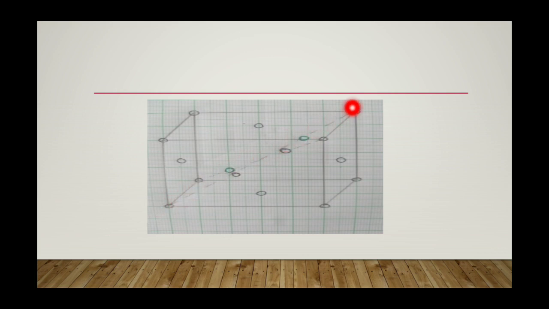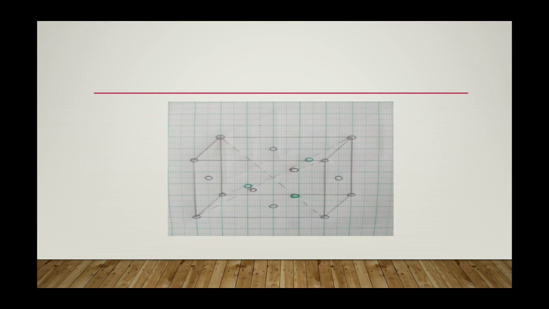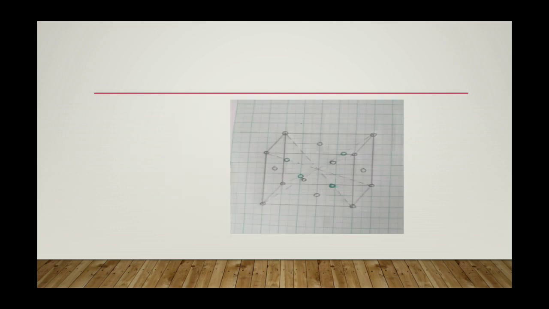Here to here is a body diagonal, and I placed that atom at 3/4 of the bottom, and then we can say that it is 1/4 from the top. Then we go to the third body diagonal. Here the body diagonal is emerging from here to here, and I placed that atom at 1/4 from the bottom, and then we go to the final body diagonal, this fourth body diagonal.